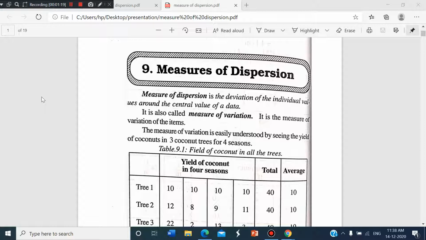So I hope that you will respond to my request. Today let me continue with the topic known as the measure of dispersion. They have specifically mentioned some of the topics in this measure of dispersion because it's a very lengthy topic,